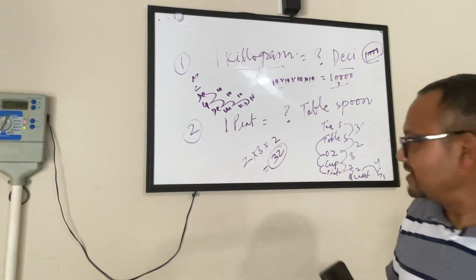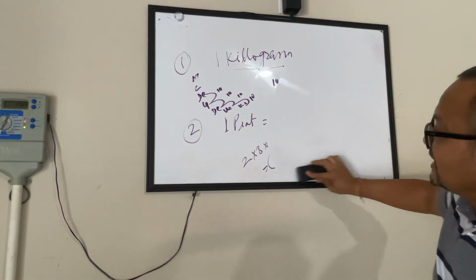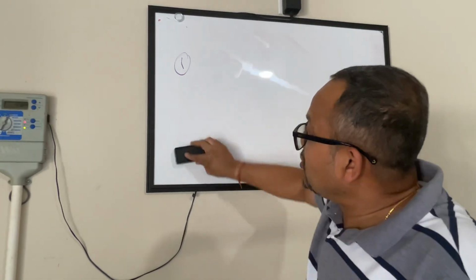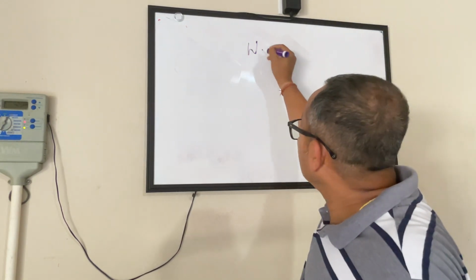Okay. Now, I would want to teach you guys something a little different. So far, we have learned how to convert from one unit to another unit within the same system, meaning either in the customary system or inside the metric system. Now, do we know if there is any relationship between the two systems, meaning the customary system and the metric system? There is one touch point. When we talk about distance,